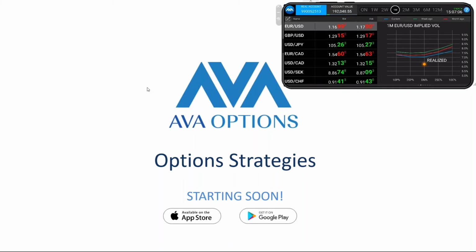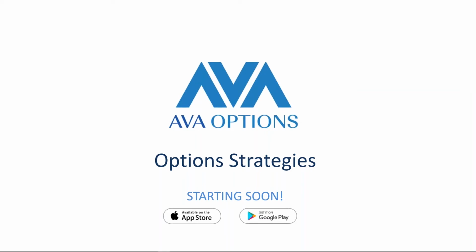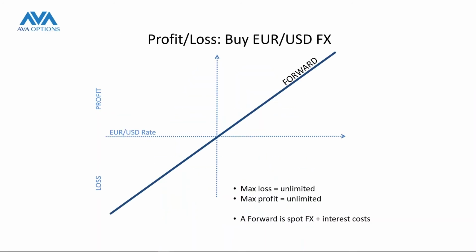So let's get into this presentation. I'm going to do just a couple of quick introductions. You need to get familiar with these types of diagrams that we're going to use. Sometimes they're called a hockey stick diagram. This is a profit and loss diagram for a transaction. Let's assume that we're going to trade euro dollar. On the x-axis across,